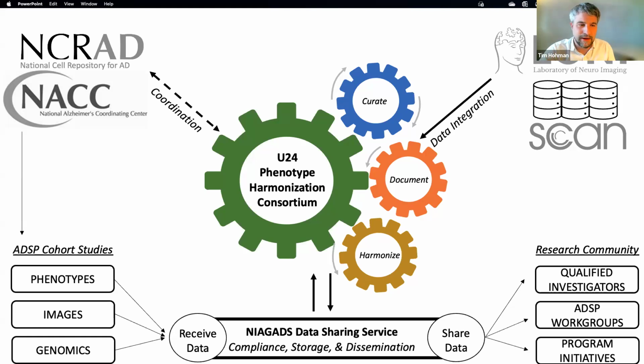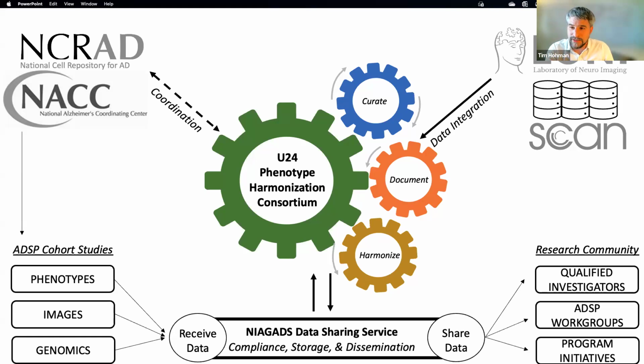So first, I want to highlight the infrastructure that underlies this particular project. The Alzheimer's Disease Sequencing Project is a really large project that includes a lot of different grants and mechanisms, but all the data for the ADSP is shared in one central location, which is NIAGADS. NIAGADS is the resource for genomic data sharing within the NIA. And the way that we set up this project, and really could only do this project because this infrastructure was already in place in NIAGADS, is we reached out to the cohort studies that are included in the ADSP,